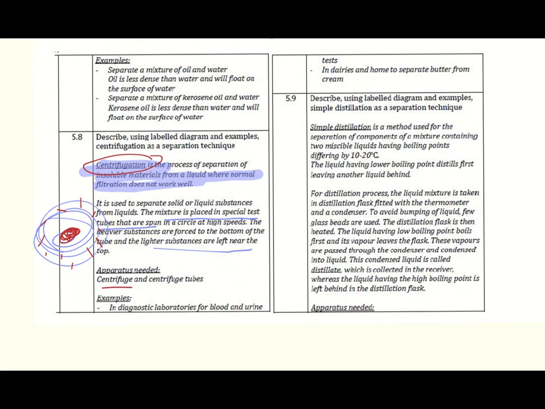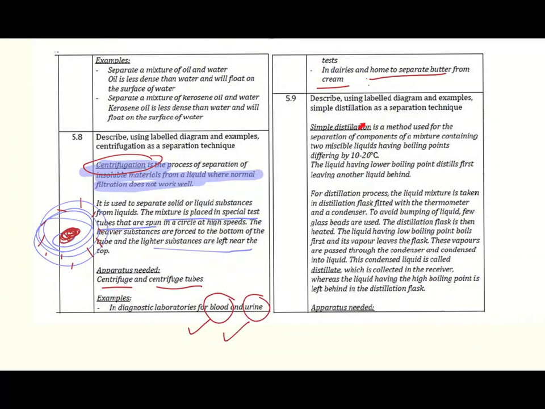So I just need a centrifuge, which is a big apparatus, and centrifuge tubes. Also, it's used in diagnostic laboratories for blood and urine. If you do a blood analysis or urine analysis, you often use a centrifuge. Also, it can be used at home to separate butter from cream. Butter and cream have different densities, but filtration doesn't work to separate them. So I can use centrifugation to separate them. Next method of separation